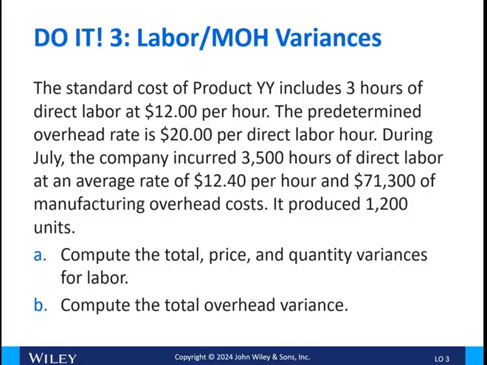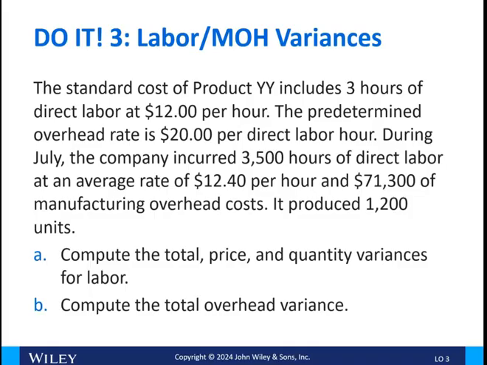So we'll look at labor and manufacturing overhead variances. Standard cost of product YY includes 3 hours of direct labor at $12 per hour. Predetermined overhead rate is $20 per direct labor hour. During July, the company incurred 3,500 hours of direct labor at an average rate of $12.40 per hour and